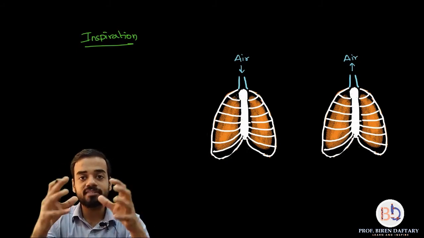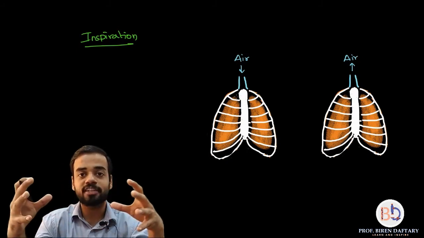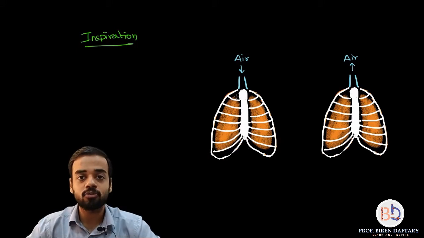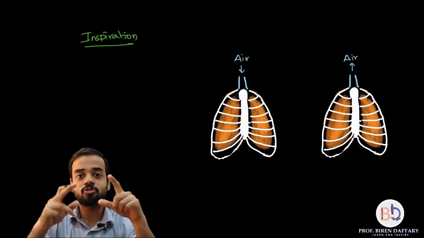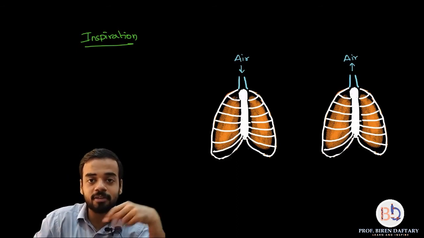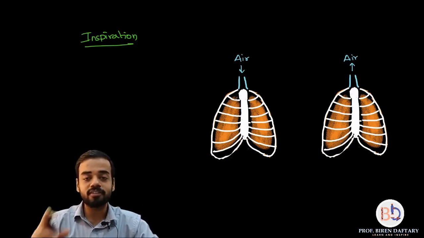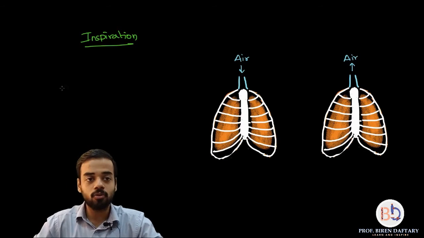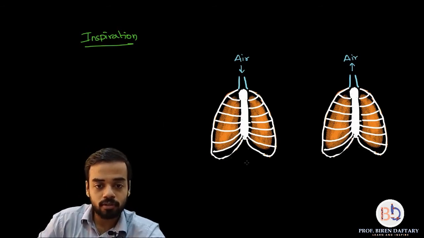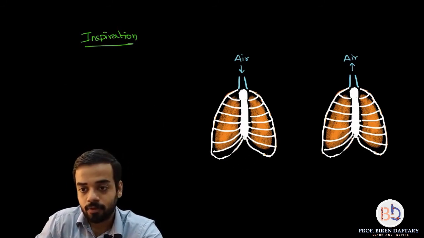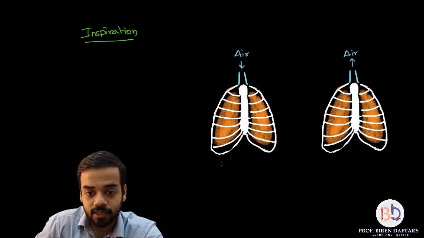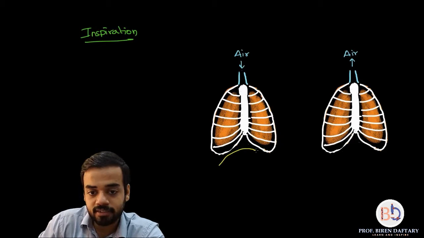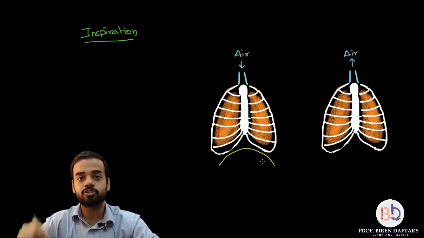This thoracic cavity needs to expand, because if air is going into the lungs, the lungs are going to expand, and for the lungs to expand there has to be space in the thoracic cavity. So this rib cage also has to expand. How is that going to happen? Take a look. Your muscle, the diaphragm, is present over here, and that diaphragm is like this, a dome shaped muscle, U shaped.